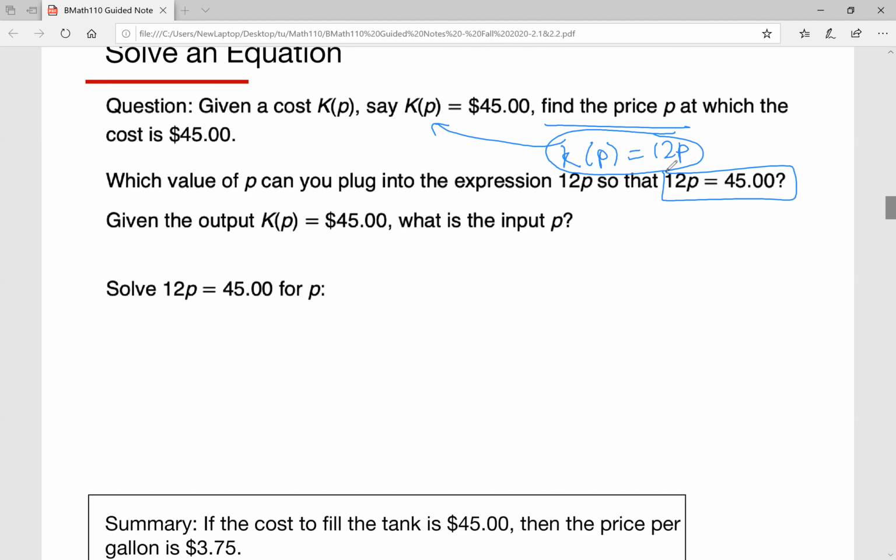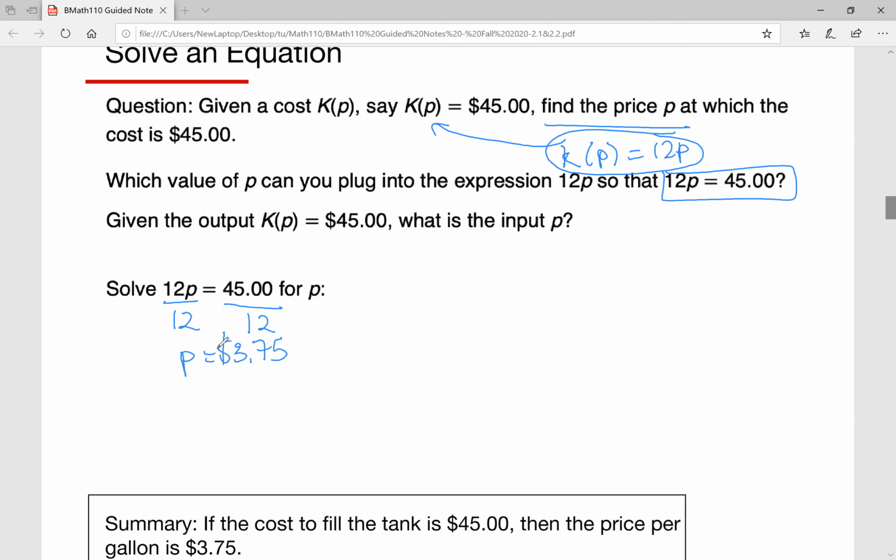Now, given the output k(p) equal to 45, what is the input p, right? Let's solve this. To solve it, you're just gonna divide both sides by 12. Why? Because 12 is multiplied by p, and you want to solve for p, so you have to divide by 12. And so p will be equal to 45 divided by 12, that's gonna equal